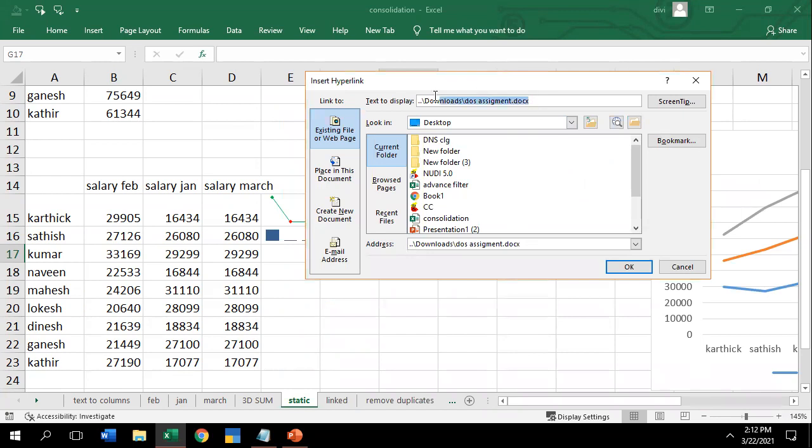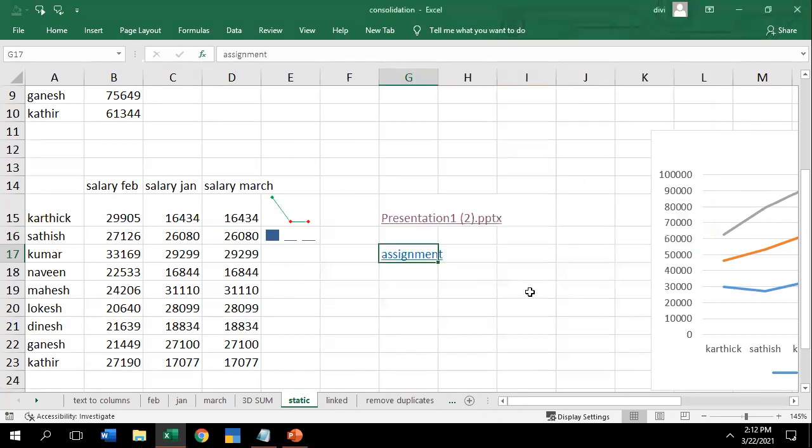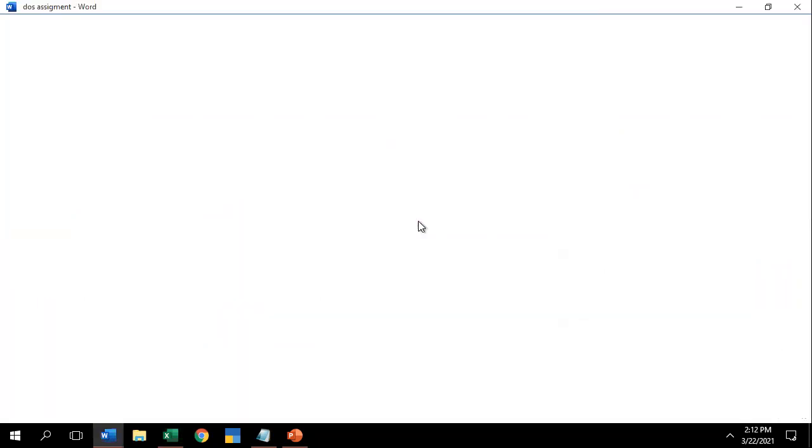If I don't want that lengthy path, I can write only "assignment" on the screen. Okay, assignment, click on OK. You can see that I have given a link name, which means I didn't get the full address. It shows the path where I saved my data: staff, faculty, DB, under Download, the data is there. So if I click on this assignment, I'll get my data normally.